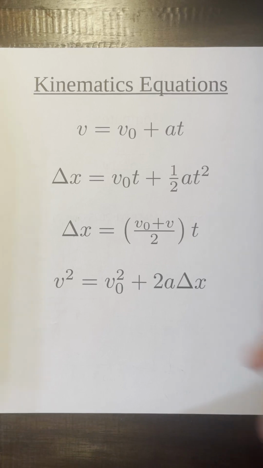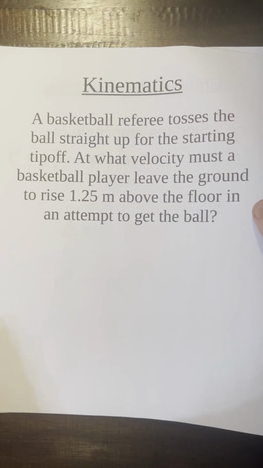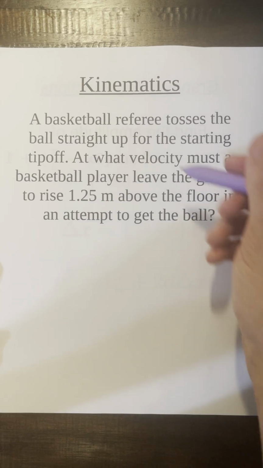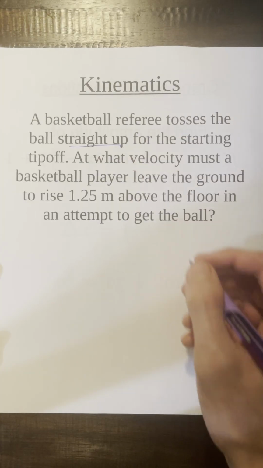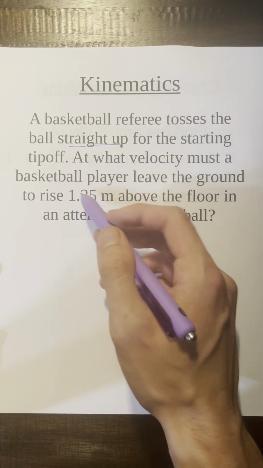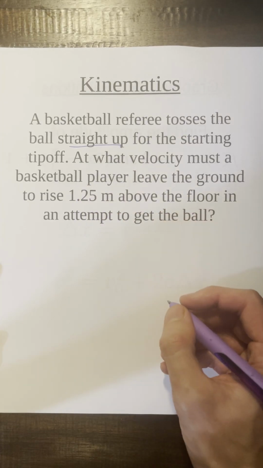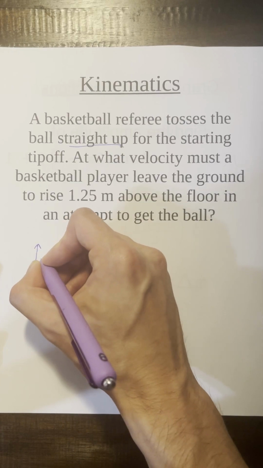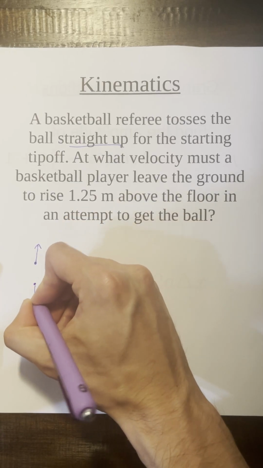In this video, we're going to be doing another kinematics word problem. Feel free to give it a shot and keep watching to see the solution. Okay, so we're tossing a ball straight up, and we have a basketball player trying to get the ball. So this is going to be a vertical motion problem, and with vertical motion problems, I'm going to say that